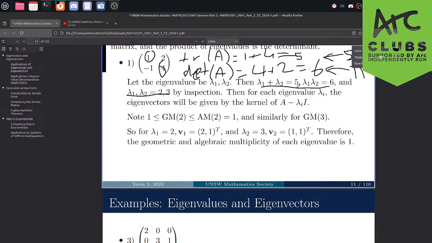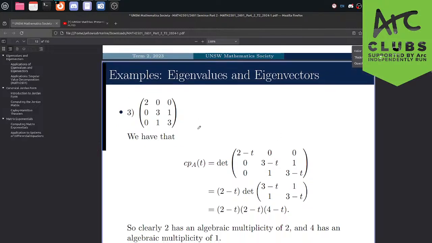So first, importantly, note that the algebraic multiplicities of these two are 1. And secondly, note that because the geometric multiplicity must be less than or equal to the algebraic multiplicity, but it must be at least 1, the geometric multiplicity actually must be equal to 1, because you can't go higher than 1, and you can't go lower than 1, therefore you must be at 1. So we found our eigenvalues and the geometric and algebraic multiplicities. I've also listed their eigenvectors here. I haven't shown how to calculate them. I'll show that in a different example. But this is how you calculate eigenvalues and eigenvectors. Cool.